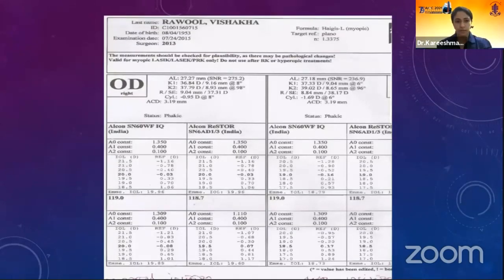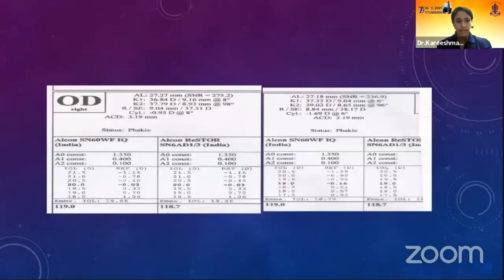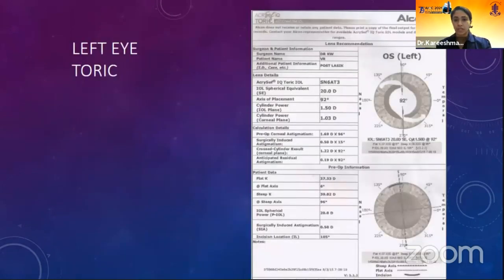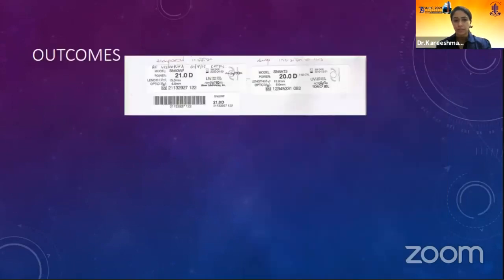Now the reason I'm showing this is that as per this, in the right eye, it asks me to put in a value of 20 and in the left eye of 19. But when I put it into the calculator, it shows me an average IOL power of 20.9 for the right eye. So exactly 1 diopter difference, all right? Now, in the left eye, since she had some astigmatism, again, we entered it into the calculator.